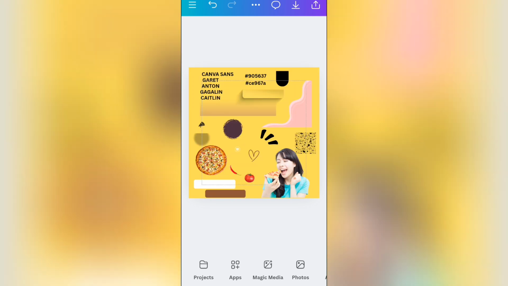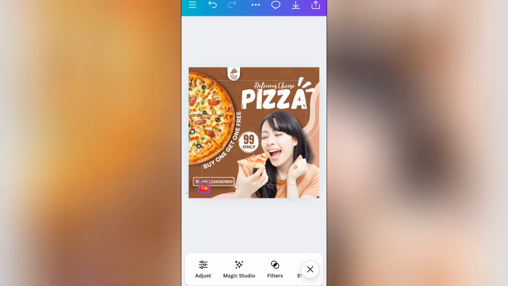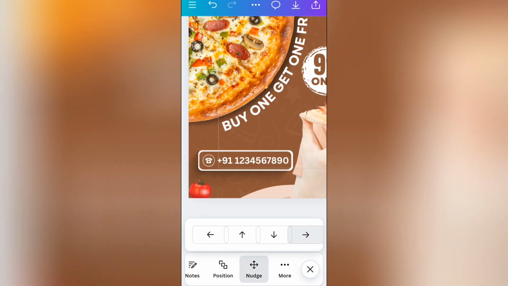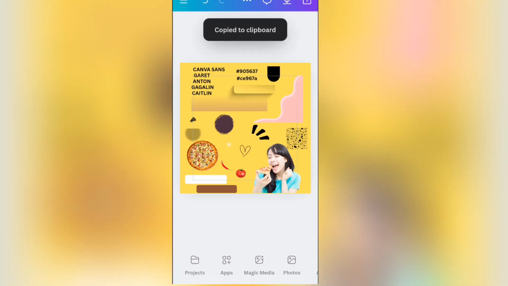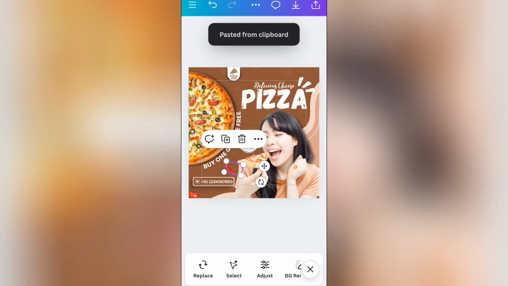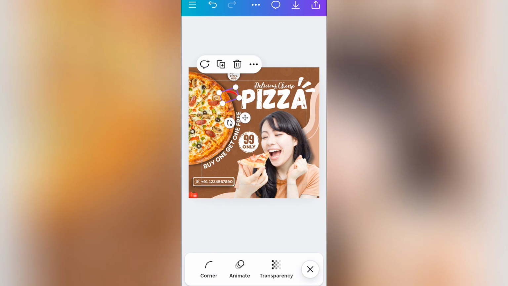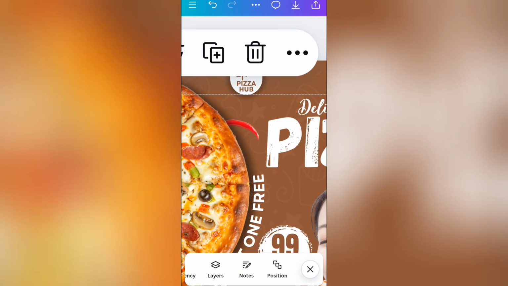Now it's looking professional. And now time to select this tomato and copy here and go to here and paste it. You can increase the size of it or not and set like this. You can use this option to set it. Select this icon, copy it and paste it. Increase the size of it and round it like this and set right here and go to position and send backward. Now it's looking like this.